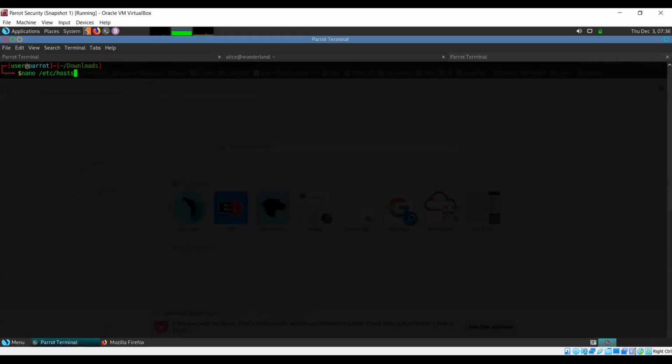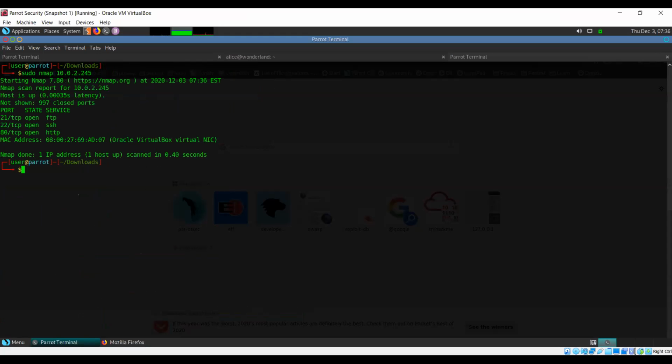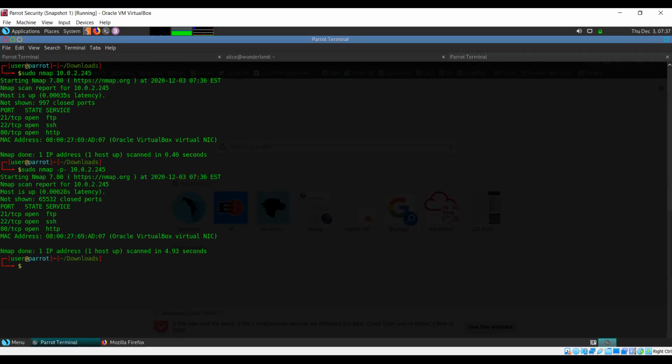Okay, so now we have our results. We can focus on just scanning one particular IP, which is the one for our destination. Don't really need sudo with this, but no issues with it. Three open ports. Now I can try to be a little more thorough here. I can scan all ports, see what's open. Okay, just three ports. I can do even more thorough scans. I can run a script scan as well as a service detection scan, see if it gives me some more information.